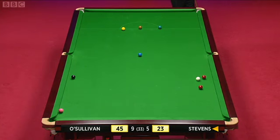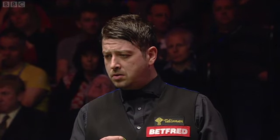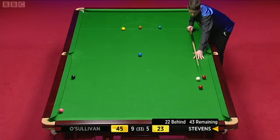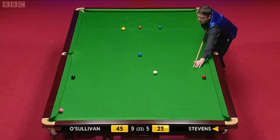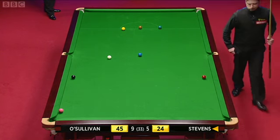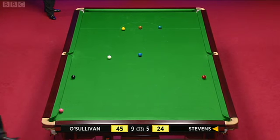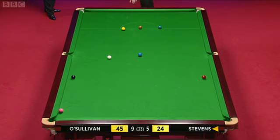Still not going to be easy, but if he could get himself onto the blue in such a way, he might be able to develop the last red. Just checking the scoreboard. Not the easiest shot he's going to be faced with. Well, there's a fair bit of mileage left in this 15th frame, obviously, and then we've got one more to go before the end of this session, but I'm afraid we will have to